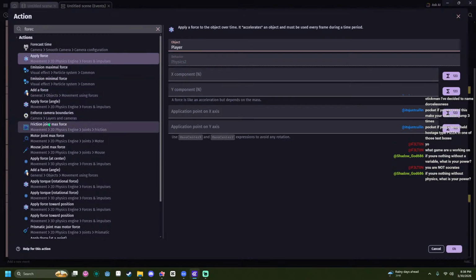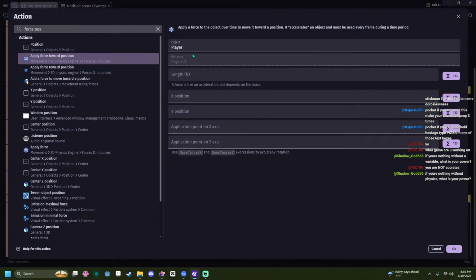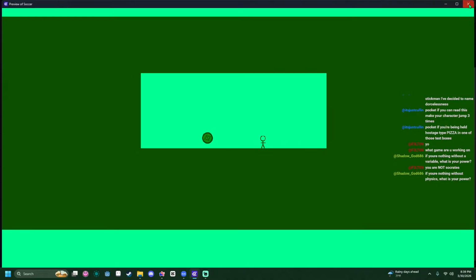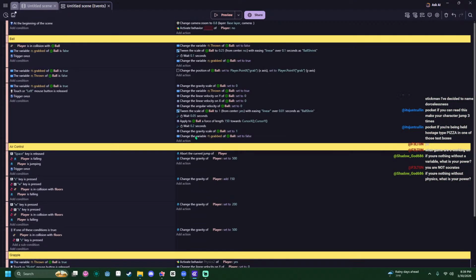Wait, add a force towards a position. Force towards position. Move the player at a length of 1/5, or do like 100 towards ball X, ball Y. 0, 0. Okay. Oh yeah. Well, I actually have no idea why it's active. Of physics 2 of player. There we go.